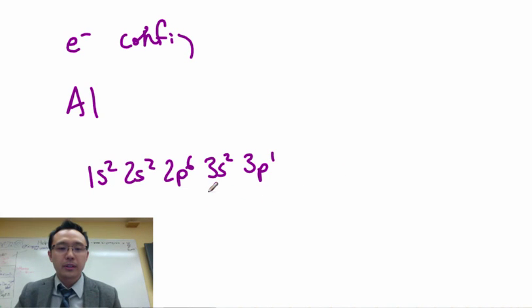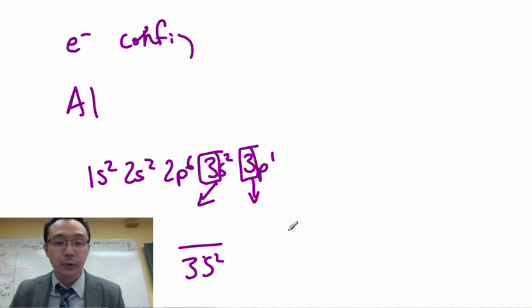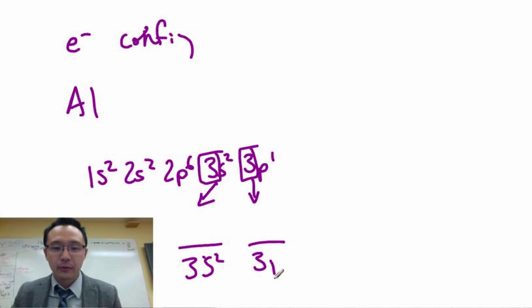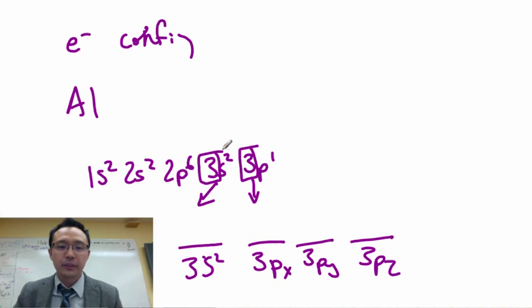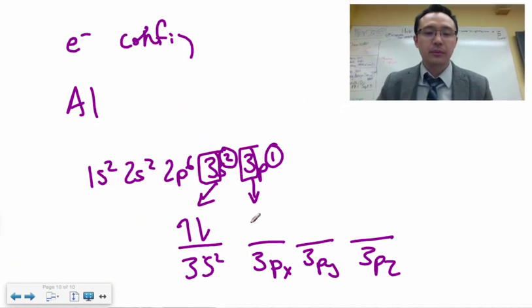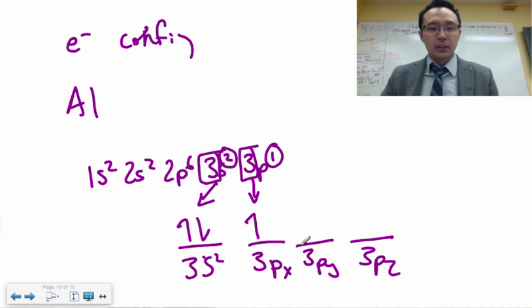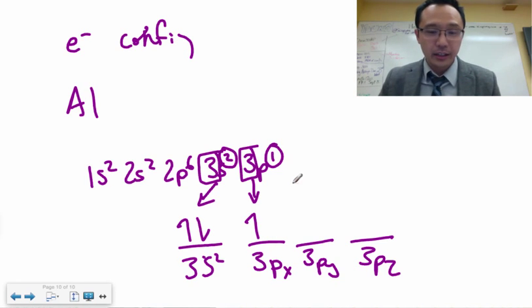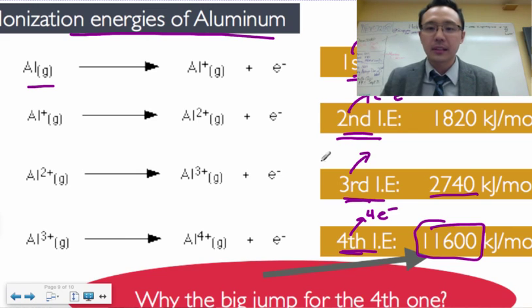And if we were to focus on the valence electrons on the highest energy level, that's how we look at valence electrons, we can see this. This is my 3s2 in my orbital diagram. This is my 3px and then 3py and 3pz. And if we were to fill in my valence electrons, I have 3 electrons to fill in, so that's 1, that's 2, that one first, and then the third one. The first ionization energy here is easy. It's a small number. If you look back on this one, it's a small number, 577,